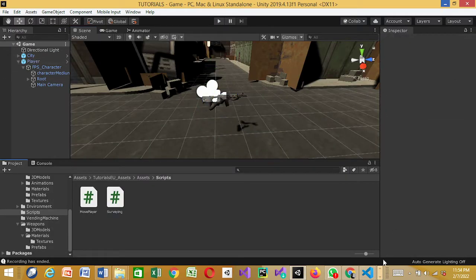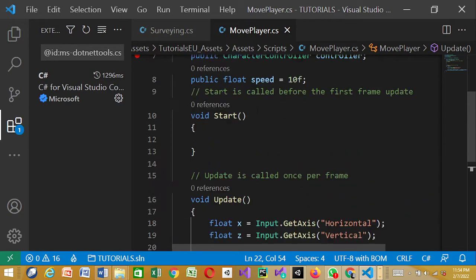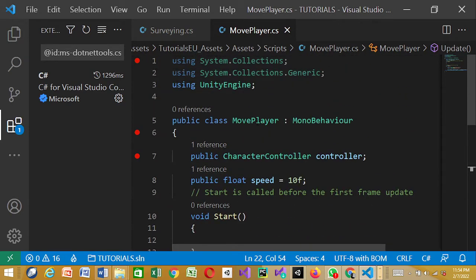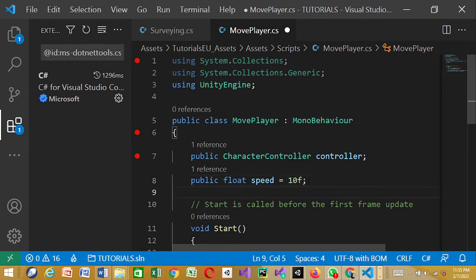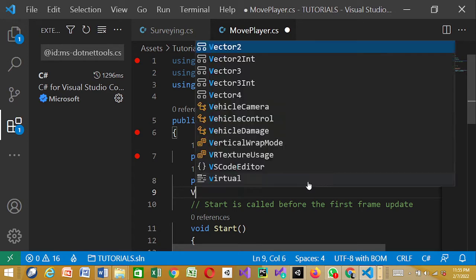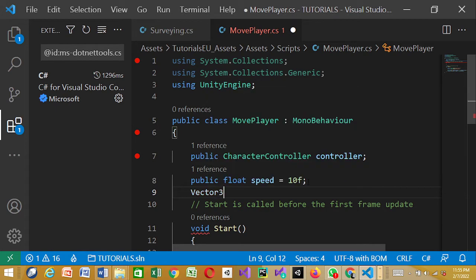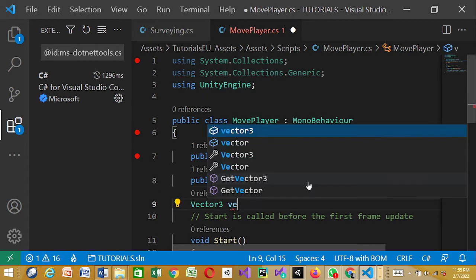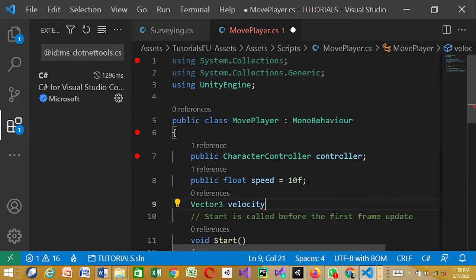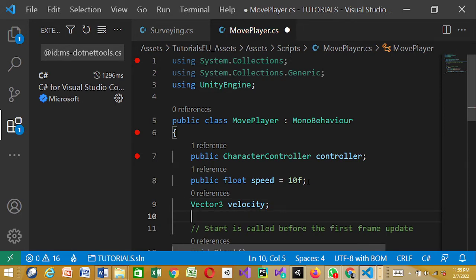Okay, so now what we're gonna be doing next is go back to the script, because we need gravity now. We're gonna do gravity because what if you go up and you don't come down? So what we're gonna do next is go under this Start. We're gonna say enter, public Vector3 velocity, semicolon. Then we enter public